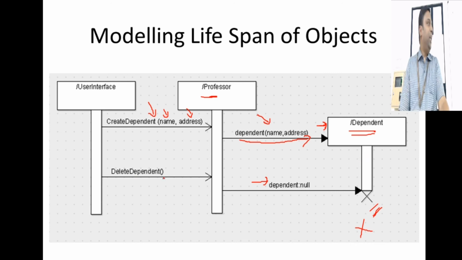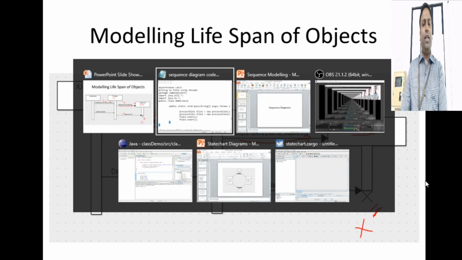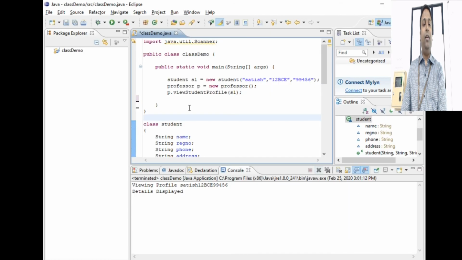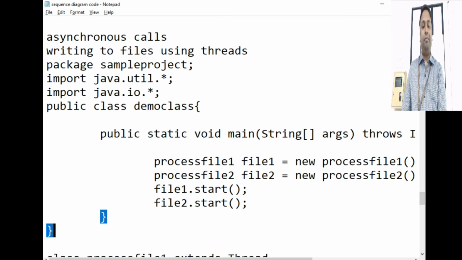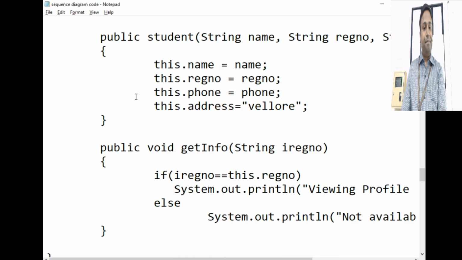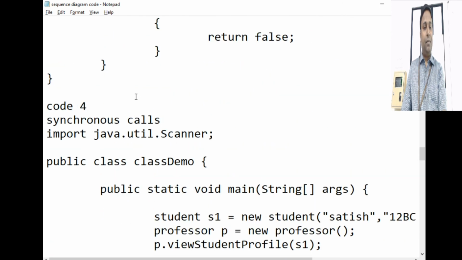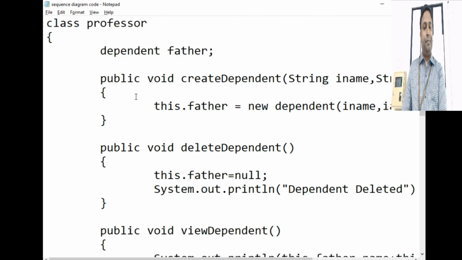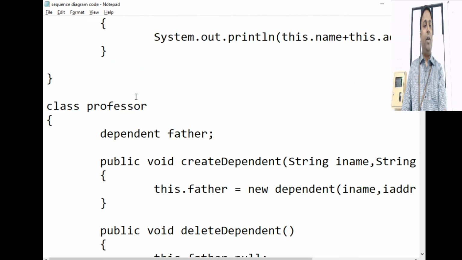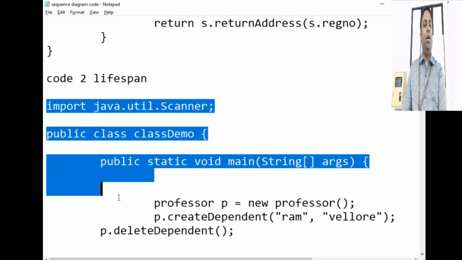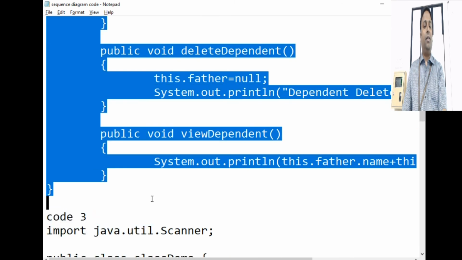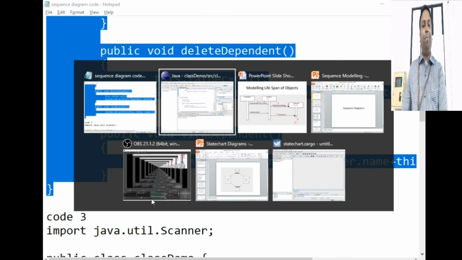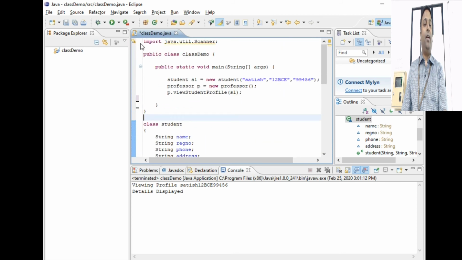So when I delete dependent, will I be able to access any of the members for dependent? No. I showed this execution of the code in the morning. Maybe I'll just show it again. We'll see how this one works and understand that alone. Let me quickly go through that. Yeah, delete dependent and create dependent. Here is this particular code. So I'll share this with you. You can also go through this and understand this. So let me copy this here and run it.